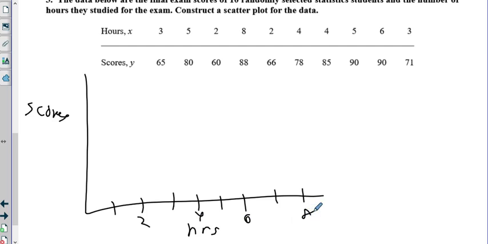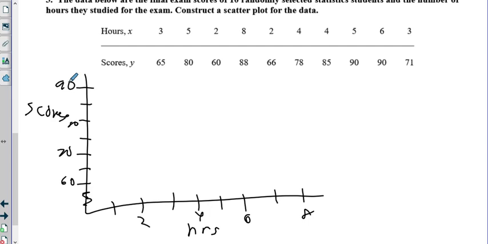And our lowest number is 60 on scores, and our highest is 90. So remember, we're not going to start at 0, because that's kind of silly, because we're going to have this huge empty space. So remember, you can just put that little zigzag thing here to show that we're not going to start at 0. And just put 60 here, 65, 70, 75. Whoopsie. I know how to count. 80, 85, 90. And then go ahead and just make your scatter plot. So just go ahead and get to it.